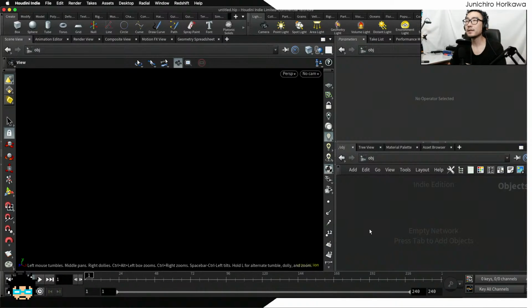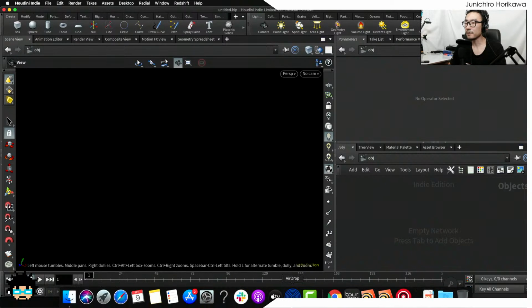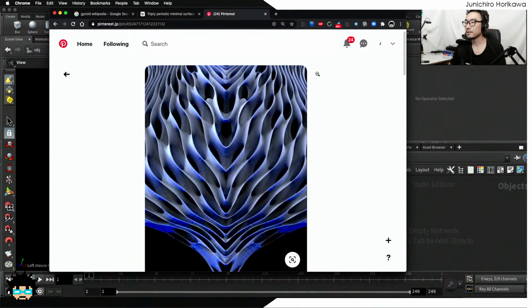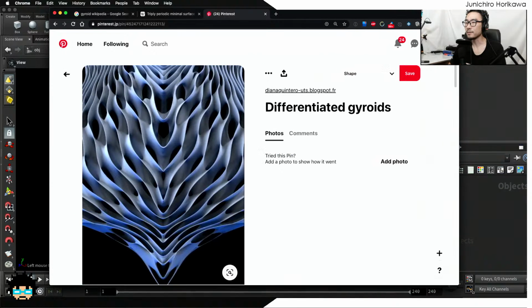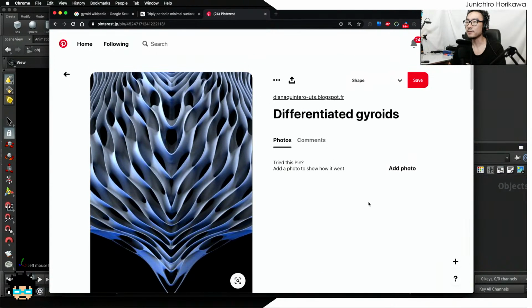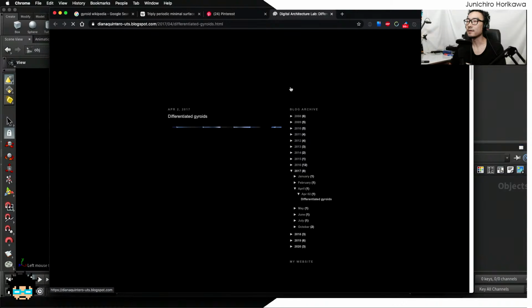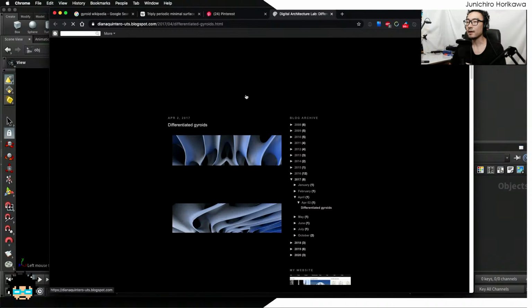Right. So before getting into the geometries, how you can make the geometry itself, there are some inspirational images that I got inspiration from, which as always I was peeking into some of the images in Pinterest, and this is one of the images I found really interesting, named differentiated gyroid. If you go to the page which has this image,